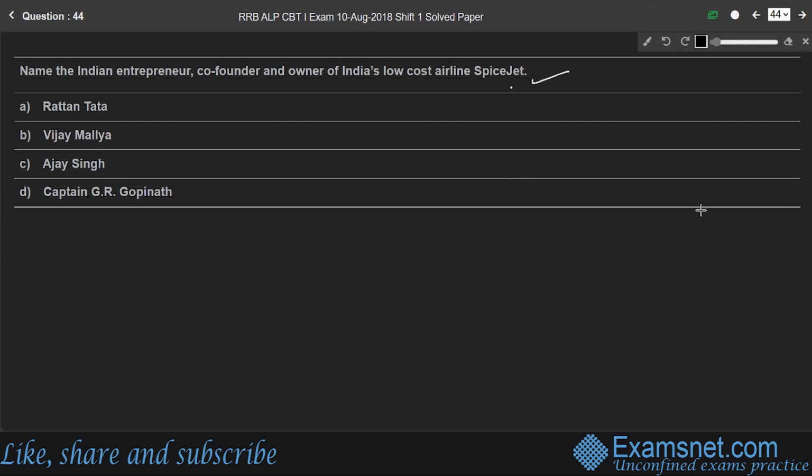Question 44. Name the Indian entrepreneur, co-founder and owner of India's low-cost airline SpiceJet. The options are Ratan Tata, Vijay Mallya, Ajay Singh and Captain G.R. Gopinath. So here, Ajay Singh is the Indian entrepreneur, co-founder and owner of India's low-cost airline SpiceJet. On 15th January 2015, Ajay Singh reacquired the ownership of SpiceJet from Sun Group's chairman,